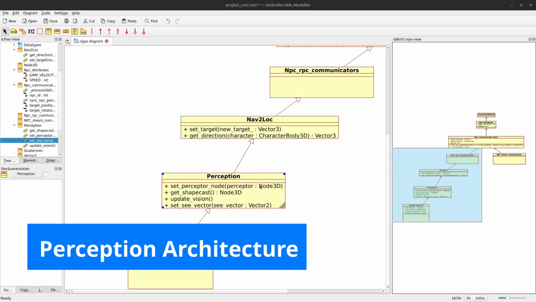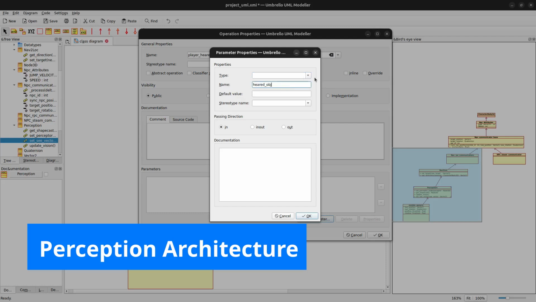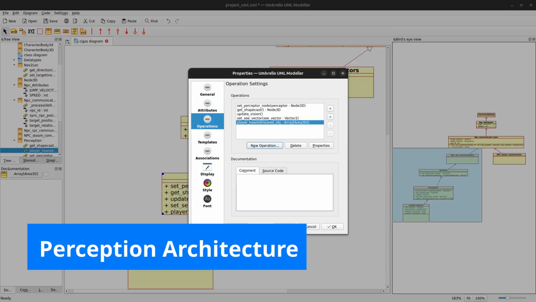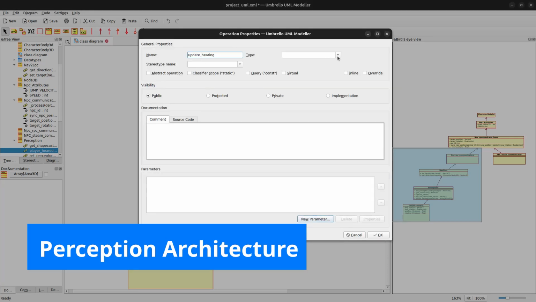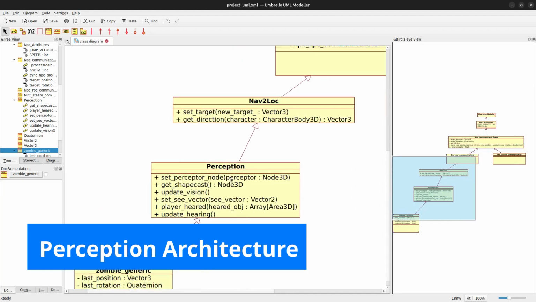The perception class doesn't make decisions. It gathers environmental data. It uses ShapeCast for sight and Area3D for hearing, working in tandem with the perceptor scene. Each NPC can have different view and hearing distances. Other systems like Now2Lock and NPC communicator base now interact with perception independently but cleanly, keeping the architecture modular and